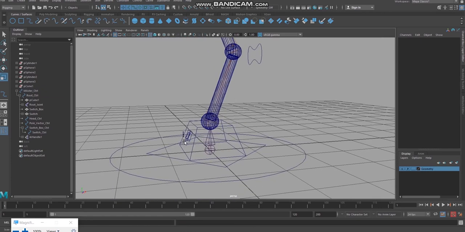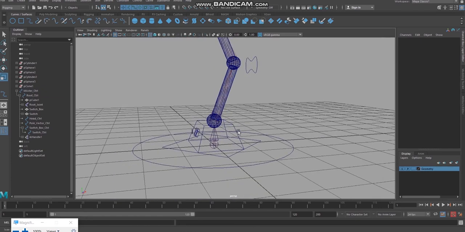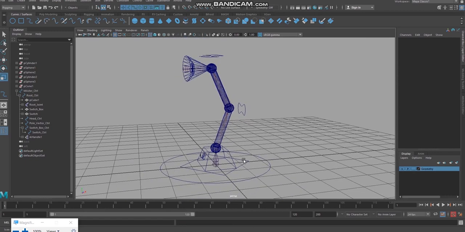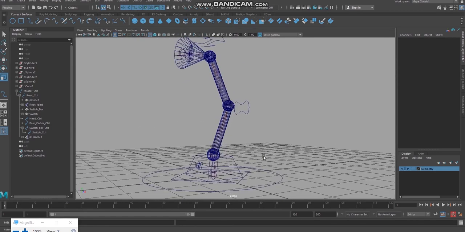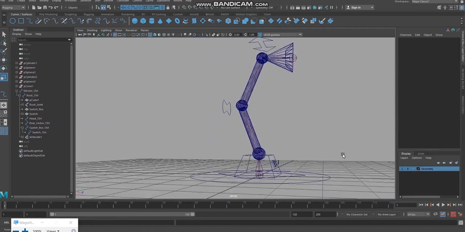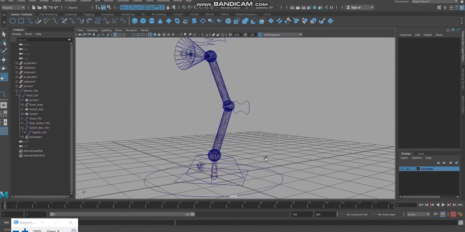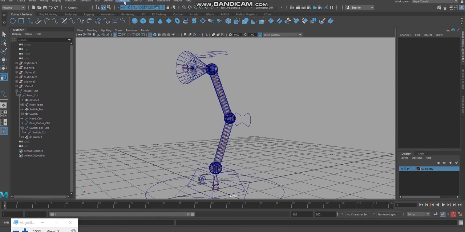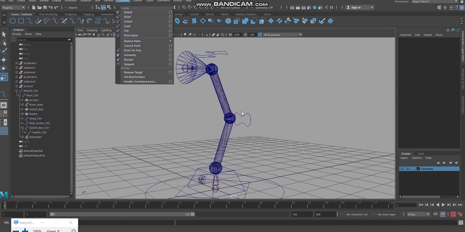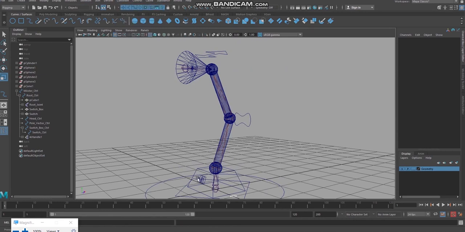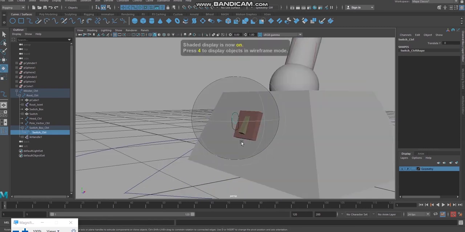When you want to move that control or change the value of that control and the object should change its size, then you can use scale constraint. I hope you can understand the logic of the scale constraint. Then we have given pole vector constraint, we have given aim constraint for the switches.